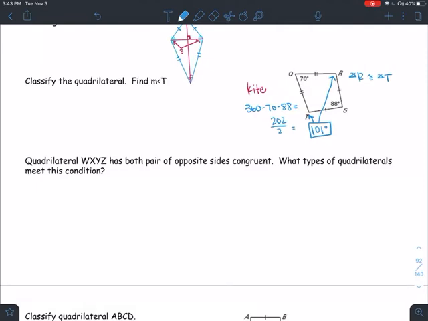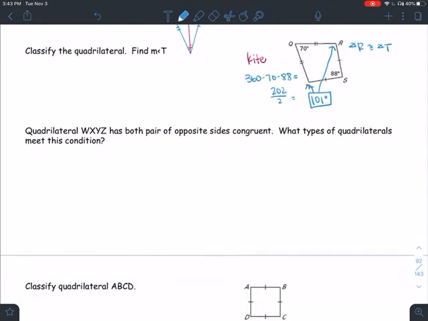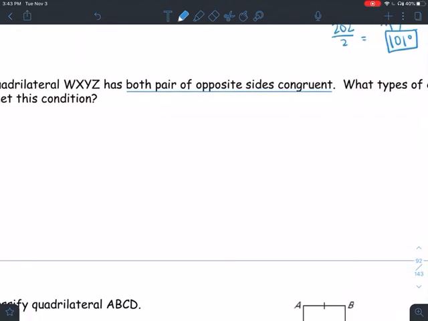Quadrilateral WXYZ has both pairs of opposite sides congruent. What types of quadrilaterals could meet this condition? If I have both pairs of opposite sides congruent, think about what we can use to prove here. I cannot have both pairs of opposite sides congruent in a trapezoid. I can also not have both pairs of opposite sides congruent in a kite, but I can in a parallelogram,